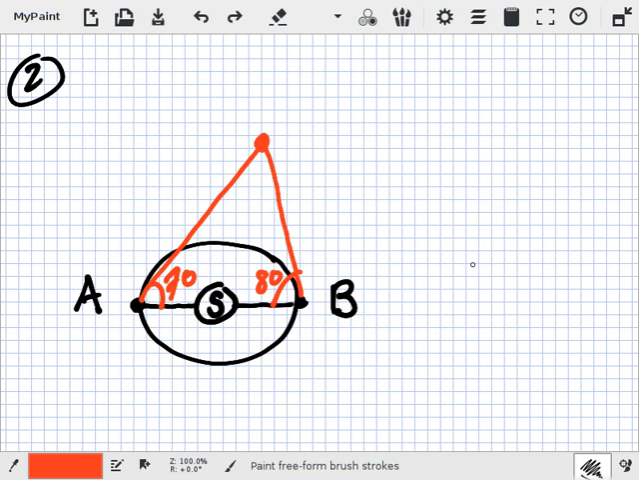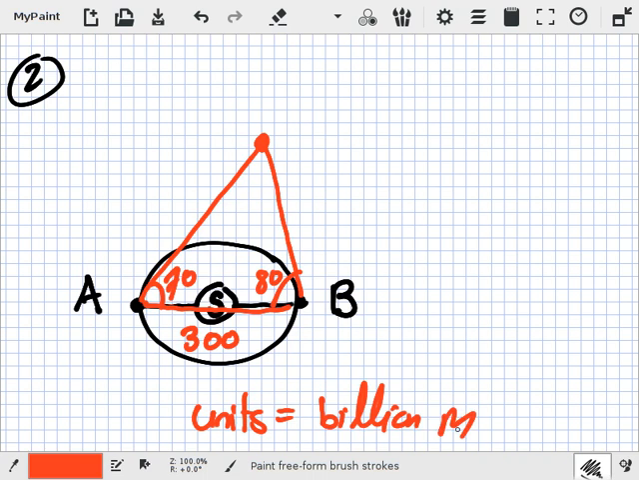Okay, now, we know this distance here. It's 300. Now it's 300 billion meters, so I don't want to write all of that. So I'll just write 300. But I just need to remember that my units are billion meters. 300 times 10 to the power 9 is fine, but even that I'm too tired to write down. So I'm just going to leave it as 300 and just remember that my units are in billions of meters. Okay, so